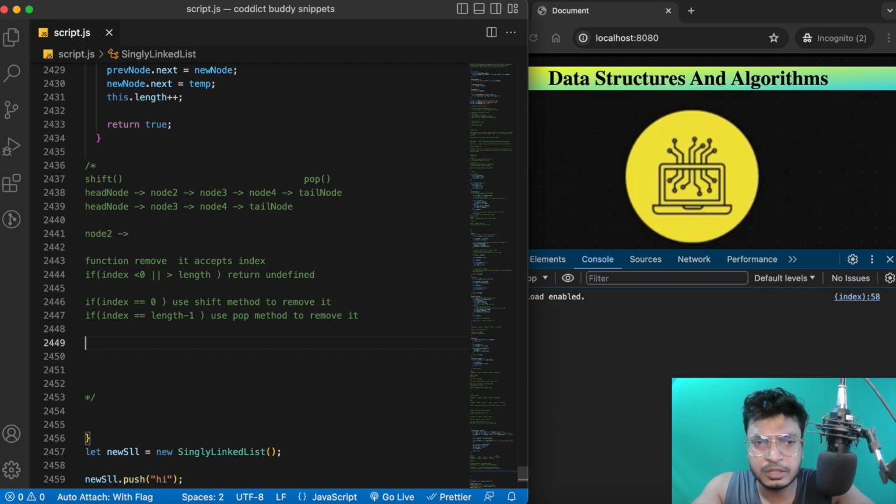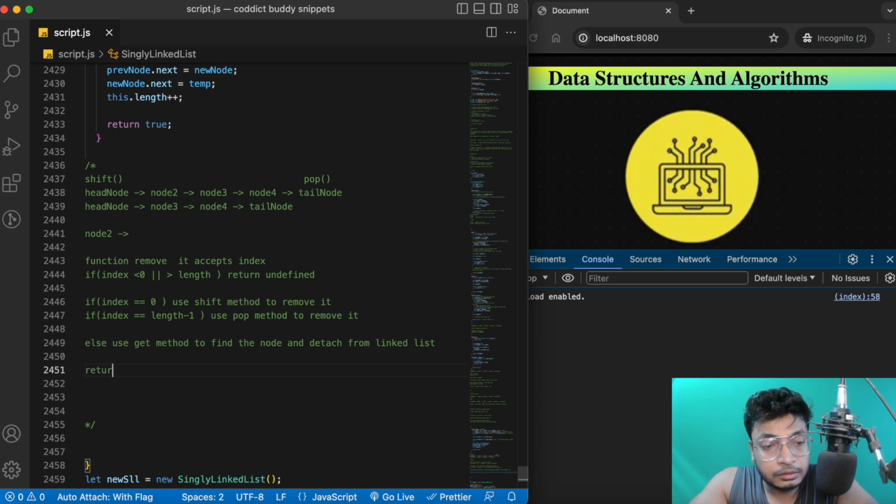Otherwise, use the get method to find the node and remove it, and at the end return the removed node. This is all we have to do in order to remove a node from the middle.